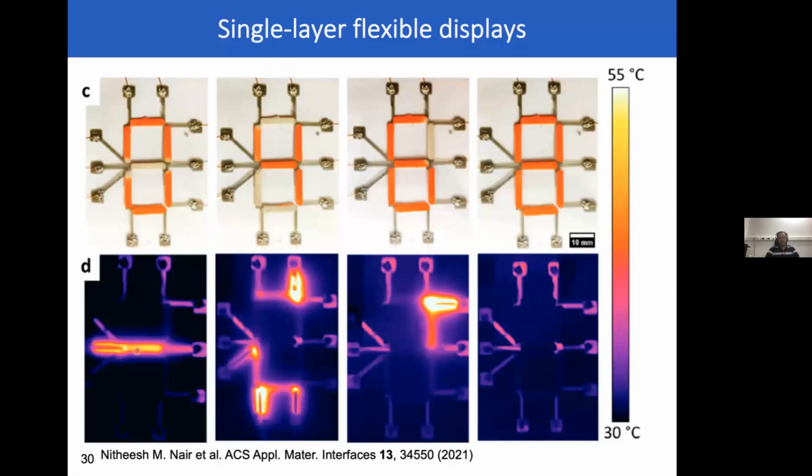So that's what this IR image shows. Only the center one is being heated. If I want to display 4, I want to heat this, this, and this. Everything else will remain at room temperature, and this is colored. And again, you can see that here. So there are 2 advantages to this approach. The natural state of these materials is colored, which means I only need to supply current or energy to change the color. So this gives me an advantage in terms of power consumption. And it also gives me an advantage that because it's colored, I can actually have displays of different colors and get a multicolored display.